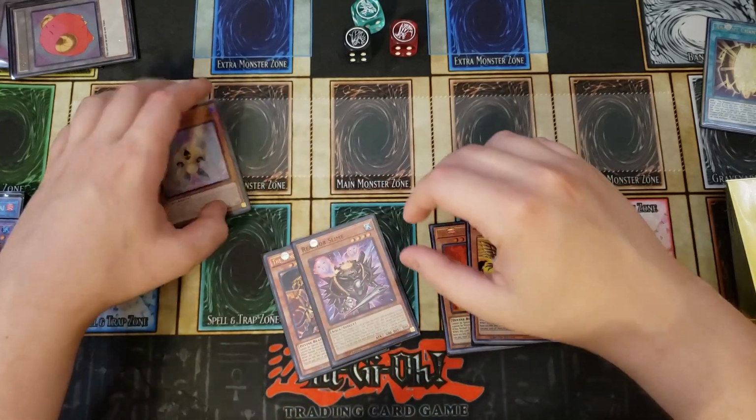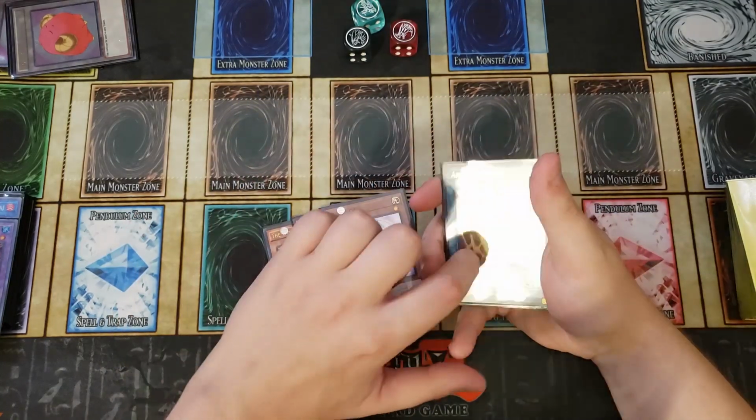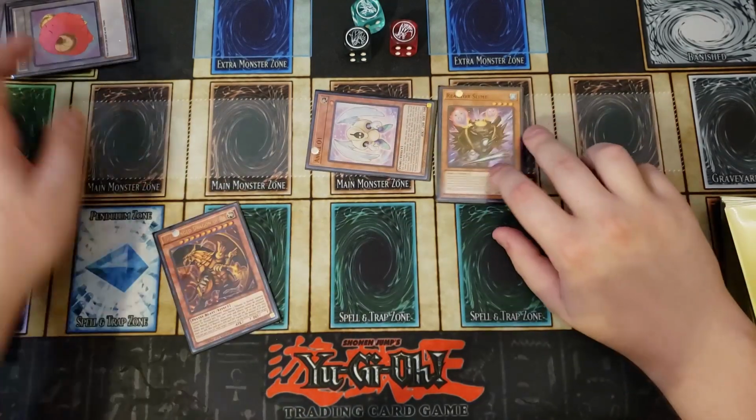You can actually have just these 3 in your hand and summon it out to your field. This is a little bit overkill because you'll get the extra attack points, which is what I wanted to mention, but you can actually do it this simple. You can just reveal this, special summon this, normal summon this,